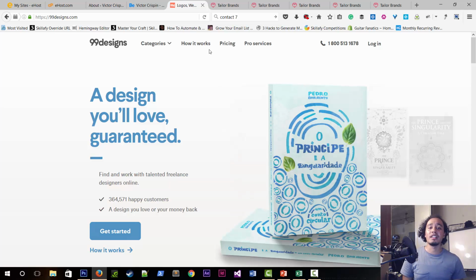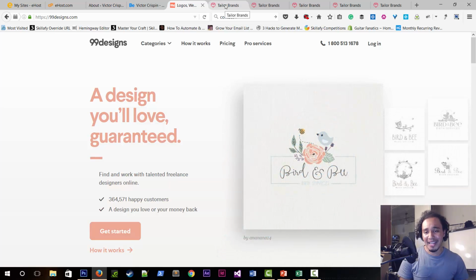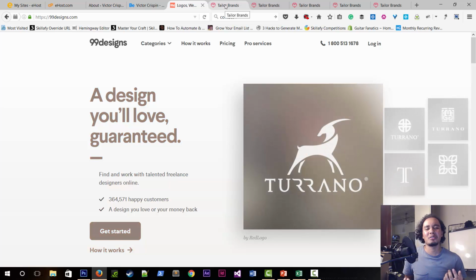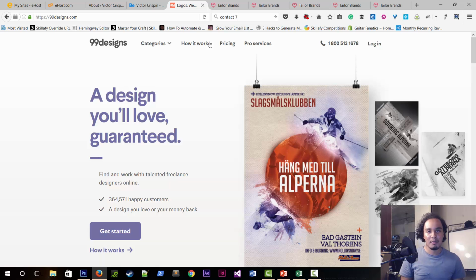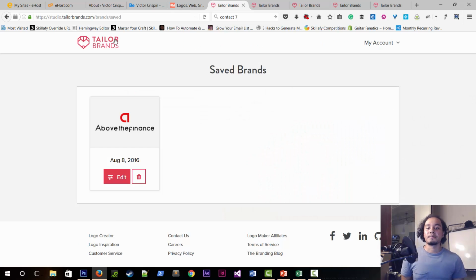And another thing I wanted to give you guys, because I know you might get lost, like, I don't know how I want my logo to look in the first place. For example, I already kind of know how I wanted mine to look. I wanted mine to look like a lettering, like script, and that my name was the main point, my last name, Crispin, because Victor is very common, but whatever. But Crispin, I haven't seen that. But here,